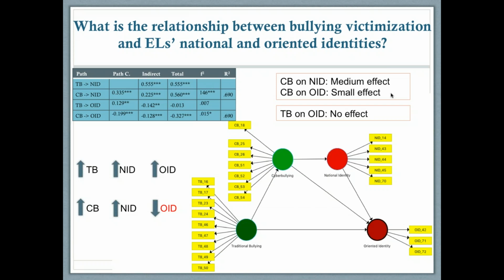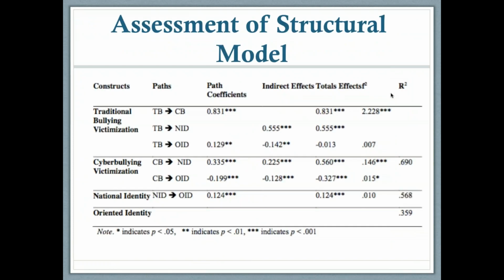So overall, when we look at those findings, or this is a more detailed way of the assessment of the structural model, it can be concluded that English language learners who were traditionally bullied might have considered their L2 identity as more oriented by adopting some agency roles because of having to live with the bullies around them. Because sometimes when you live with a bully, it's not possible to escape, but you have to create an environment in which you can share that environment with the bully or seem strong against that bully. So this might be the reason. But in the cyberbullying case, they probably became more nationalistic